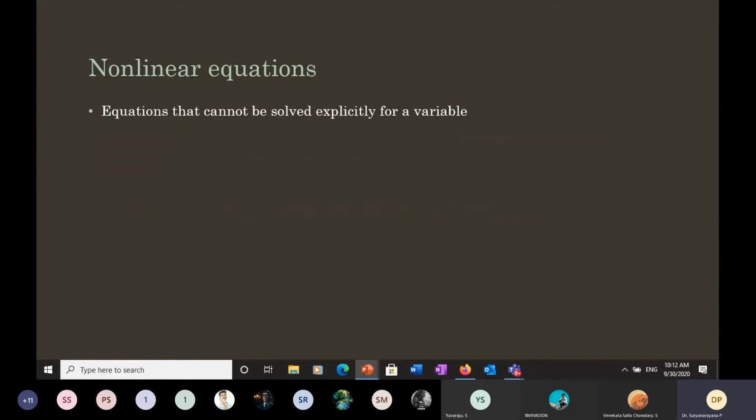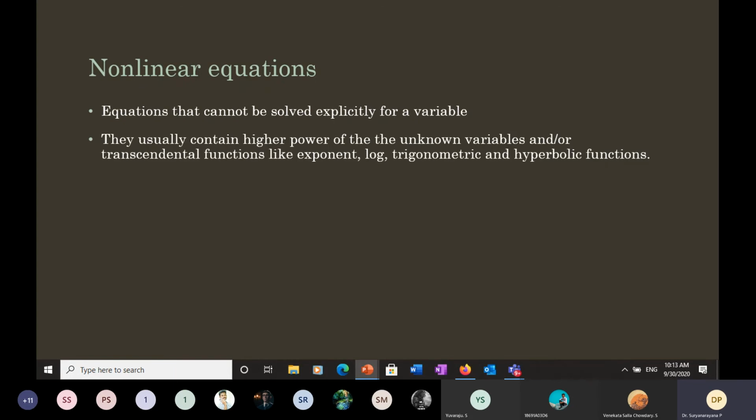I think we had a very long discussion about it. I told you, equations which involve powers of the dependent variable other than one. It could be fractional powers or square, cubic, whatever. Those equations, and also equations that contain transcendental functions like exponent, logarithmic, trigonometric functions, and hyperbolic trigonometric functions. Such equations are called nonlinear equations, but some of these equations, even though they are nonlinear, it is easy to evaluate them by simply substituting all the unknowns. Such equations are called explicit nonlinear equations.